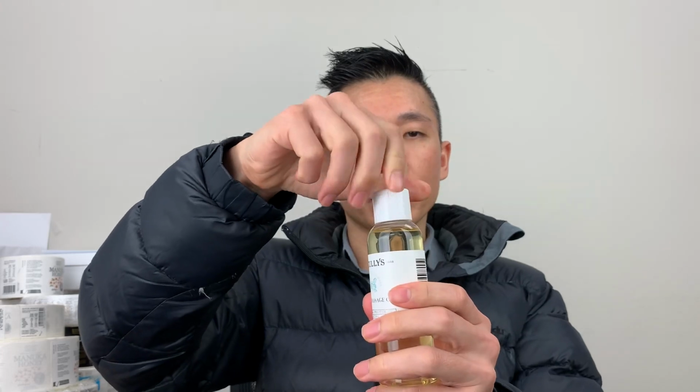Now the next one is again a massage oil as well. Well, this is actually in the form of PET. The idea is so that the customer can see through to the quality of the oil carefully. Now again, when it comes to the PET, not like the previous one, which is in the glass jar, you've got to be really careful about where you source it from, because